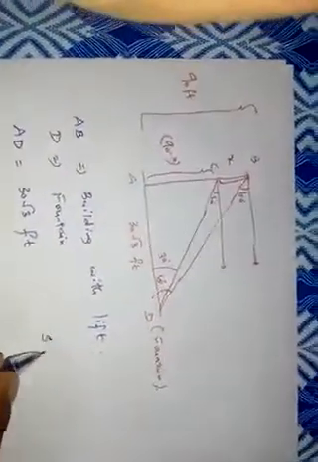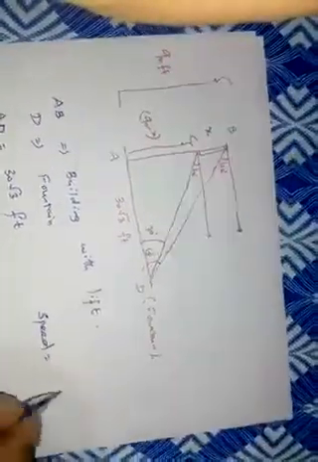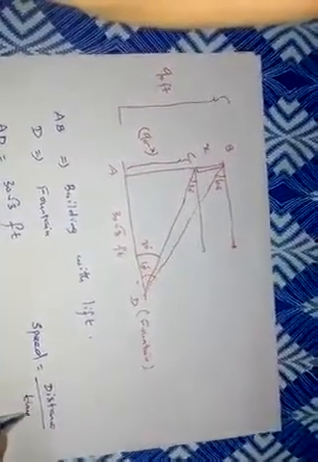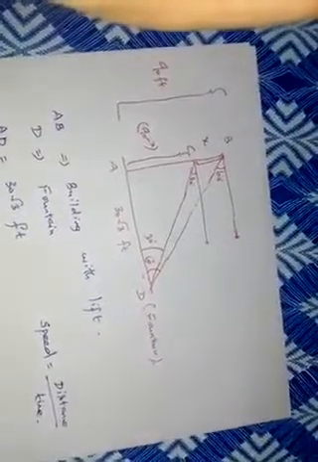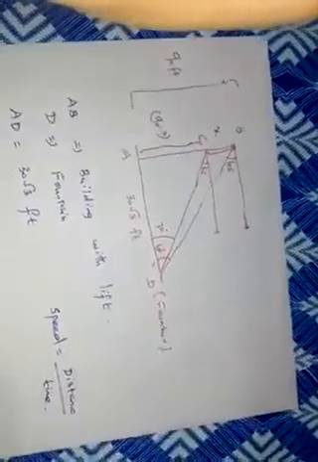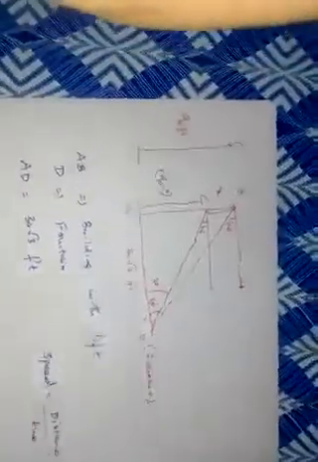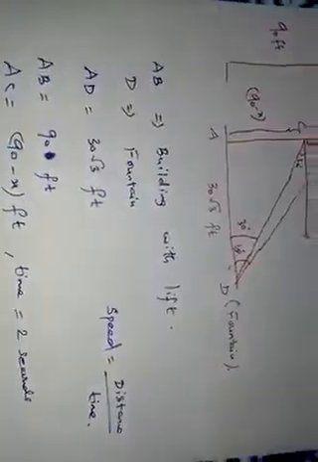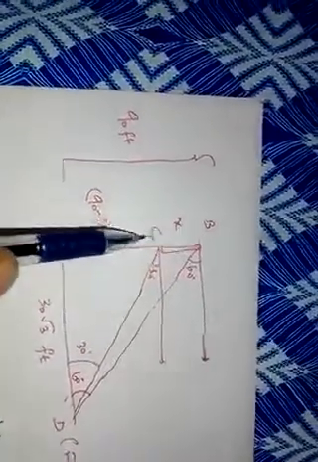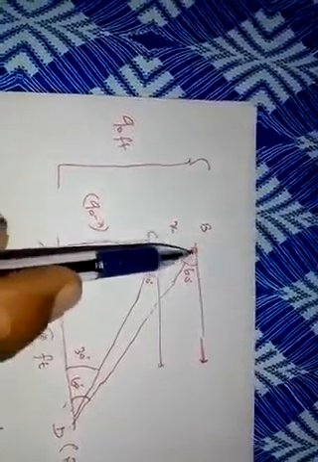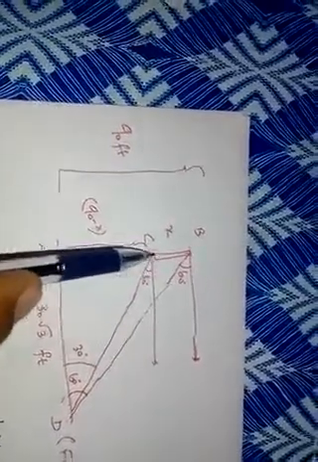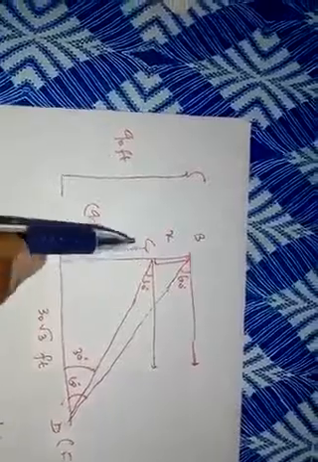We know the formula. Speed is equal to distance divided by time. Here time is given. Time is equal to 2 seconds. So what is the distance? The distance is nothing but, இங்கிருந்து இங்கே இறங்கி வரும்பொழுது எவ்வளவு distance வருதோ அதுதான், that is the height of the lift. Height of the lift is the distance. That x we have to find. x நம்ம find out பண்ணிட்டு speed வந்து நம்ம calculate பண்ணணும்.